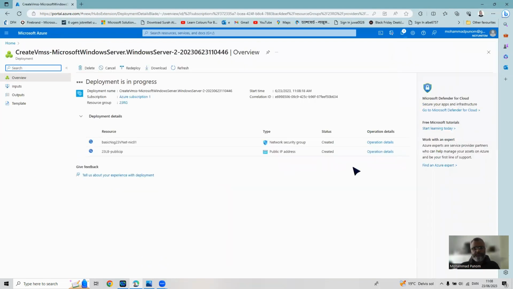Deployment is in progress. So when it's done, we'll check the instances with IPs and the load balancer. Then we'll start establishing connection with RDP with the virtual machine instances, and then we'll install the web services, at least on two of the instances of the VMSS, and then we'll